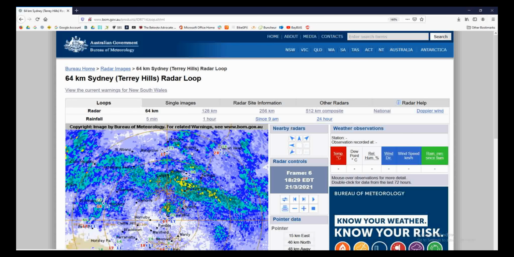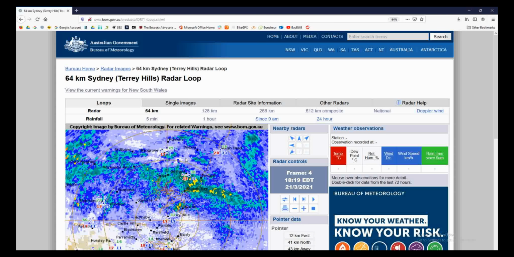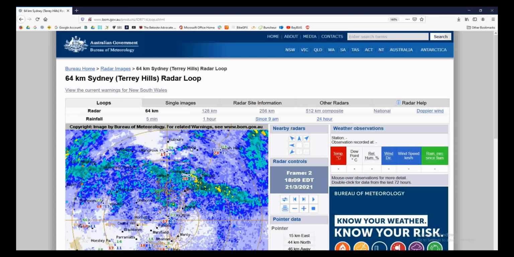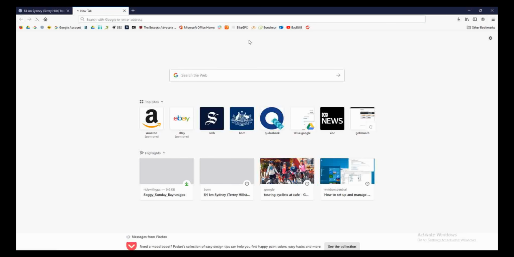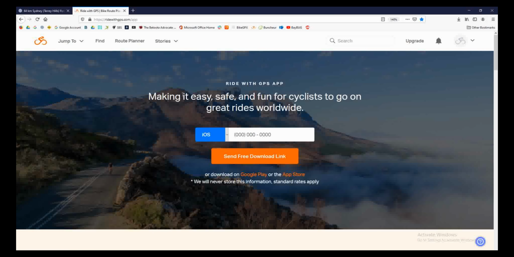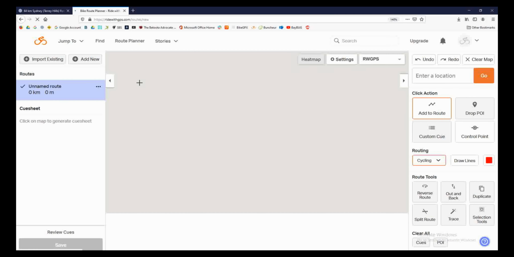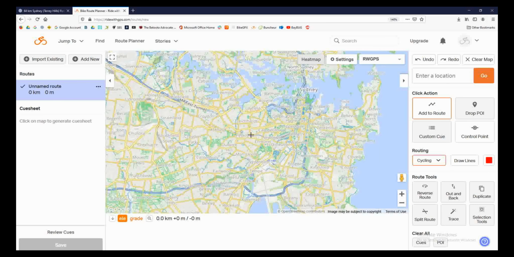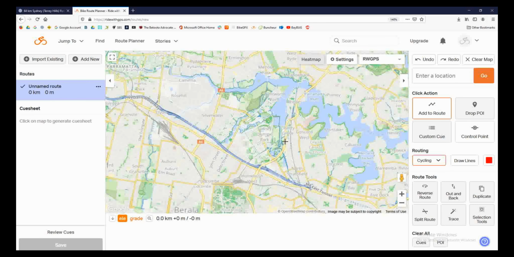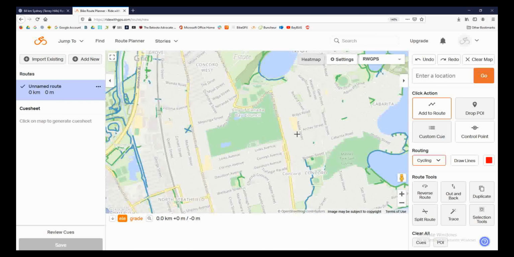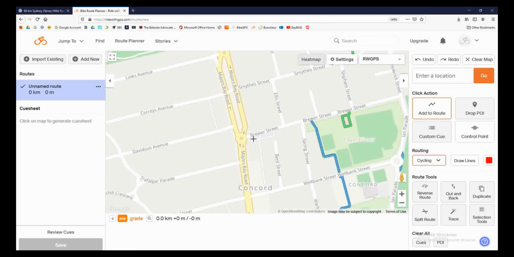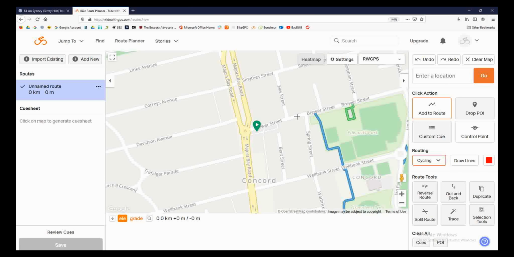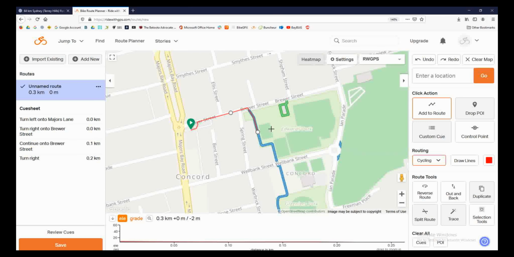Okay, my favourite one, or almost favourite one, is Ride with GPS. So I've got an account for that. So I'll just open a new browser and start the editor. So once you've got that there, you click on Route Planner, and it's ready to record a route. So we'll go and do a repeat exercise, and we'll start again at the Brewer Street car park. Go down Brewer Street, through the park,